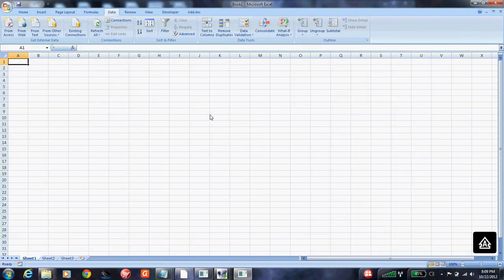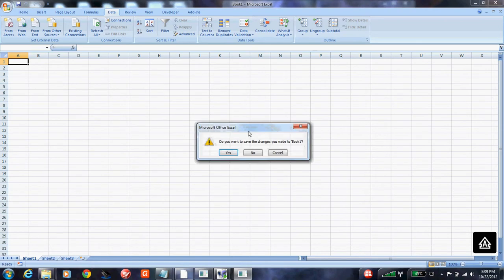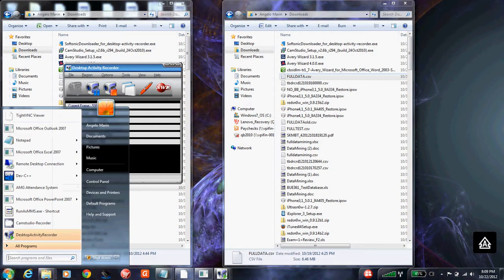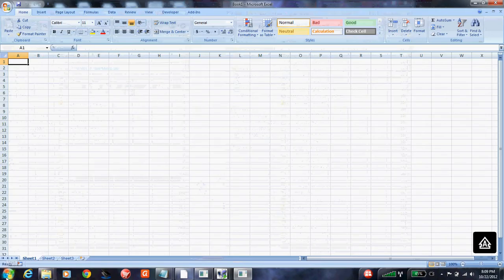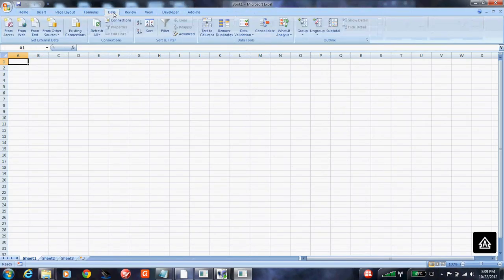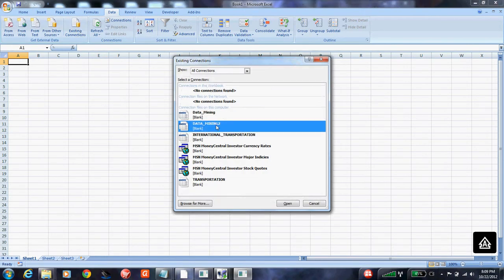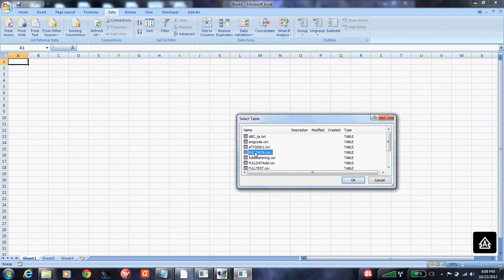So now that we have a connection from Excel into that file, it doesn't matter if you close Excel. That connection is always going to be there. Let's open a new one. So let's go into Data, go into Existing Connections, Data Mining 2, select full data CSV,